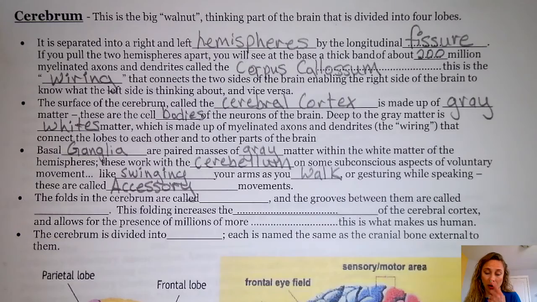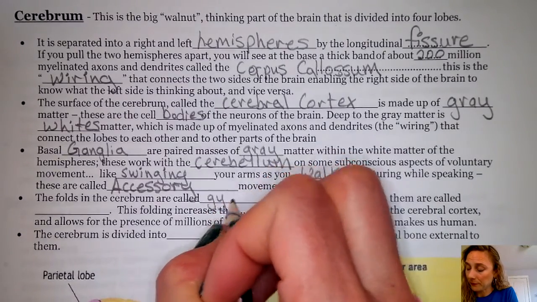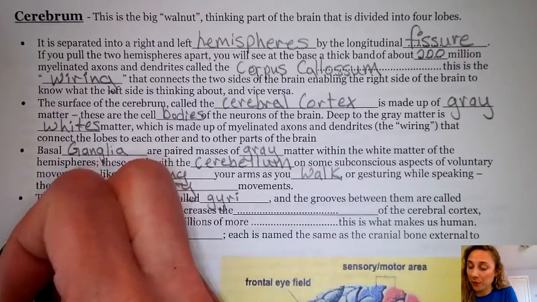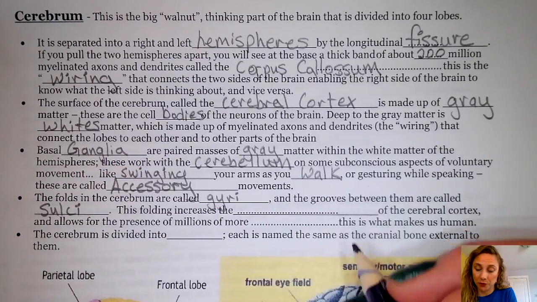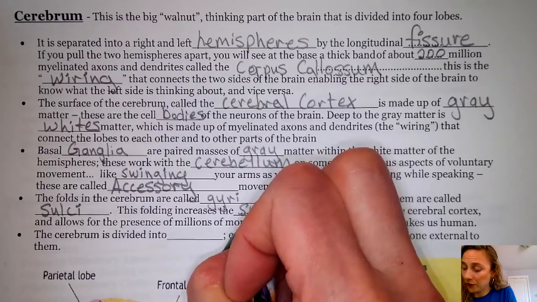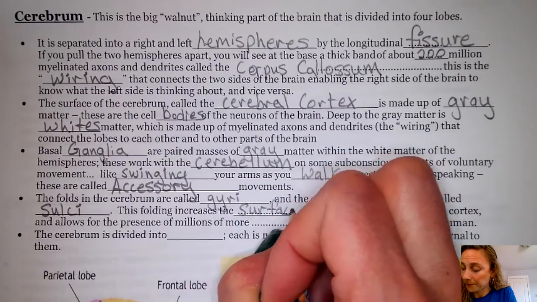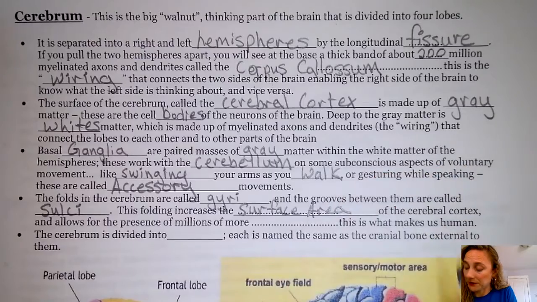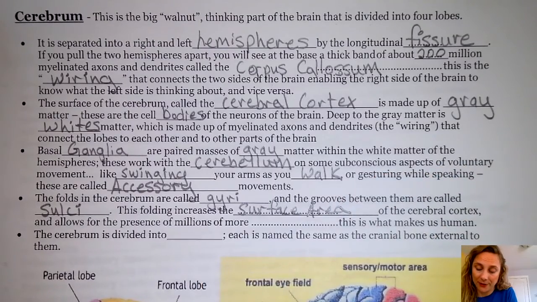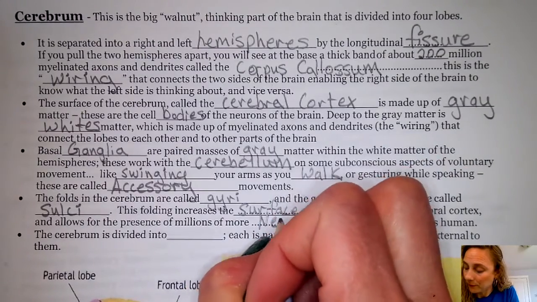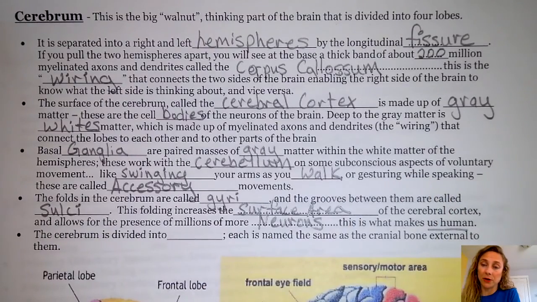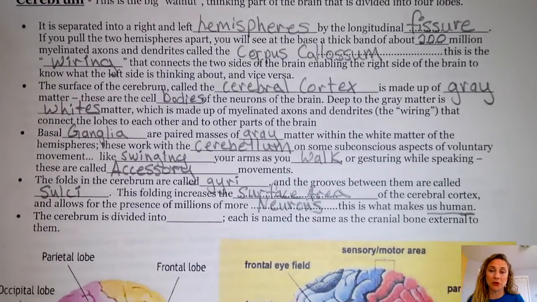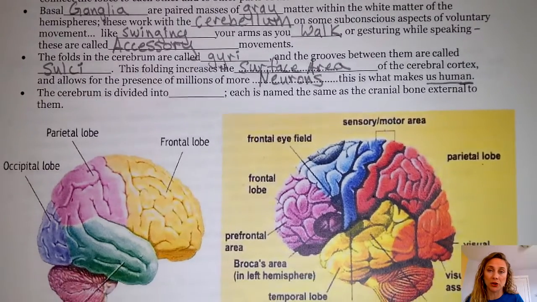Folds in the cerebrum are called the gyri, and the grooves between them are called the sulci. This folding increases surface area, which is really important because we want more surface area of the cerebral cortex, because it allows the presence of millions more neurons and their cell bodies, of course. This is what makes us human. There's some other critters on this planet, and they don't have as much surface area, and so they don't do as much higher level thinking,